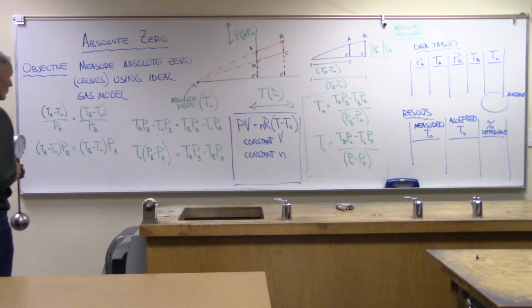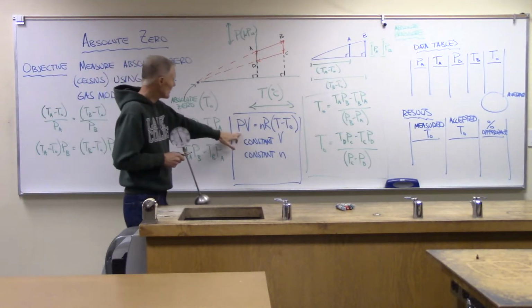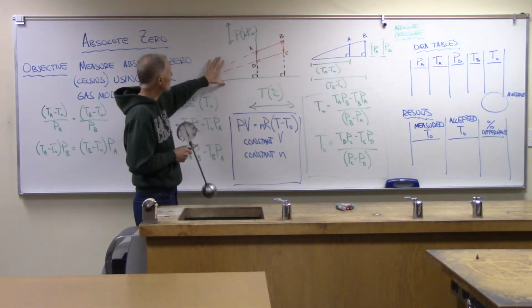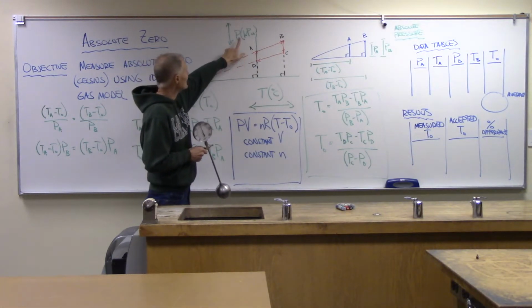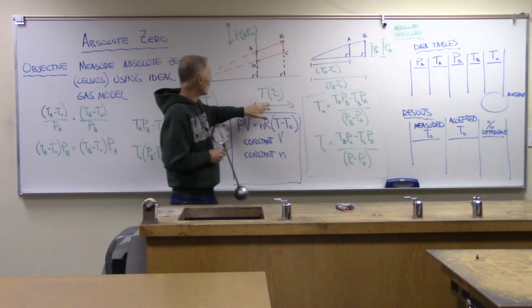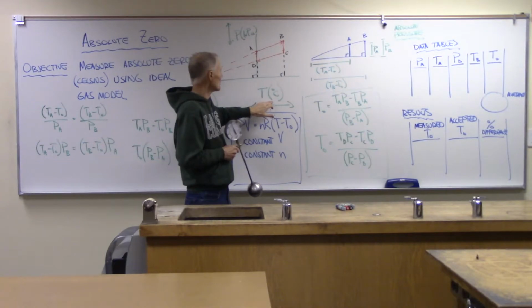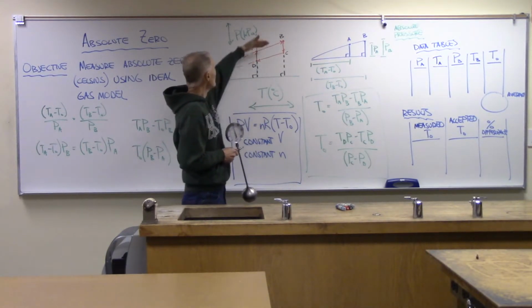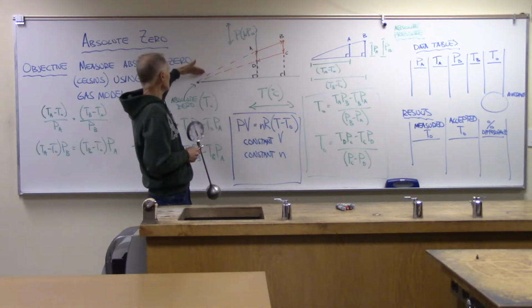Okay. So again, we're using this constant V, constant N. It gives us a graph that looks something like this. If I take a look at this graph, the vertical axis is pressure. We're going to be measuring those in kilopascals. The horizontal axis is temperature. We're going to be measuring that in Celsius. If you take a look at this graph with these lines extrapolated backwards,